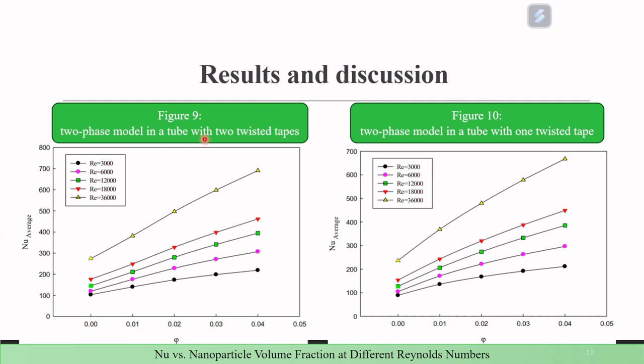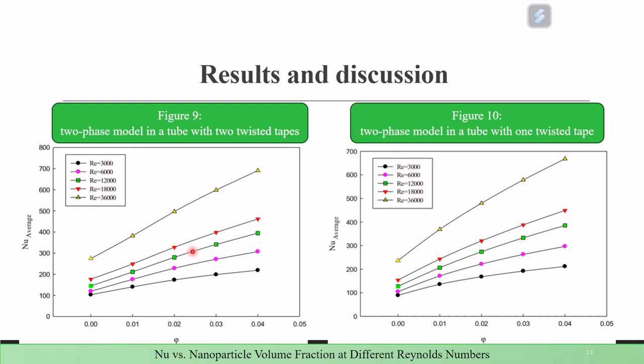Results and discussion. So here are figure number 9 and figure number 10. This is the Nusselt number versus nanoparticle volume fraction at different Reynolds numbers: the two-phase model in a tube with two twisted tapes, and the two-phase model in a tube with one twisted tape. Figure number 9 examines how adding nanoparticles to the fluid enhances heat transfer for different Reynolds numbers. Each curve represents a specific Reynolds number, 30,000, 80,000, 12,000, showing how the Nusselt number increases as the nanoparticle volume